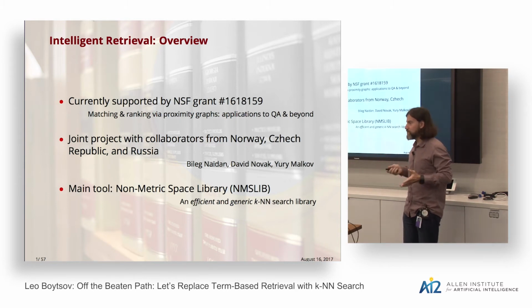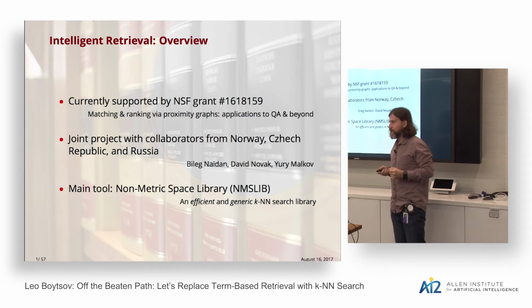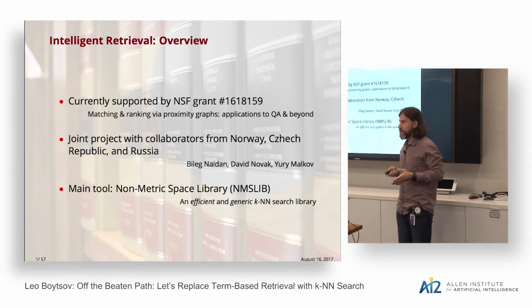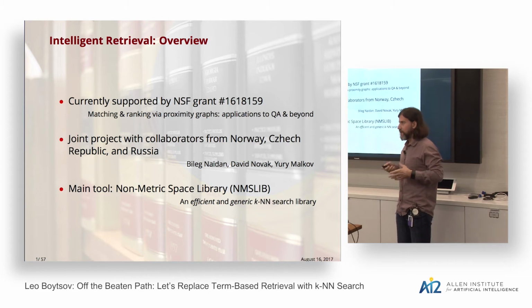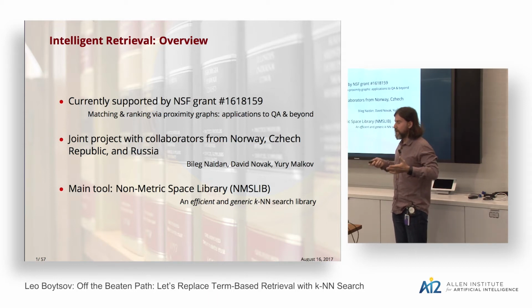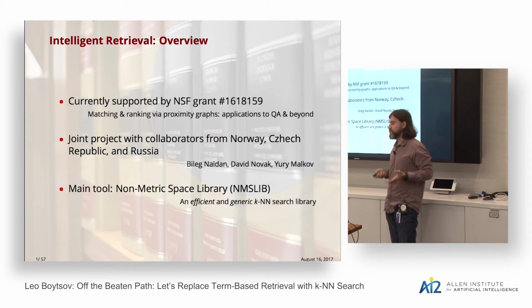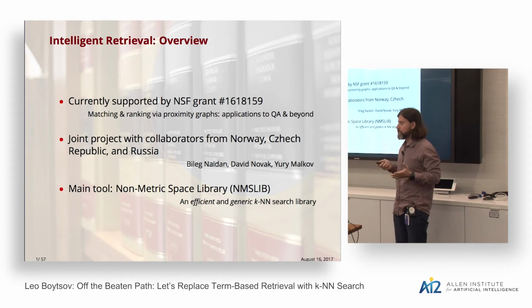I will talk about my dissertation research. My dissertation research can be broadly characterized as intelligent information retrieval, and by intelligent here, intelligence means that we aim to incorporate ranking stage relevant signals directly into retrieval by using generic k-nearest neighbor search algorithms.